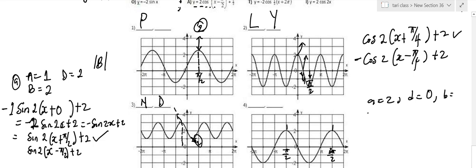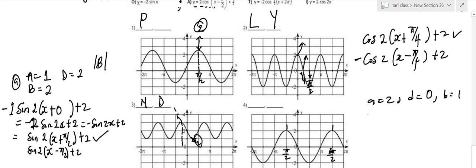To get my period, 3 pi over 2 plus pi over 2 gives 4 pi over 2, which is 2 pi. And B will now be 2 pi over the period, 2 pi, equal to 1. So the period here is 1. Now the C